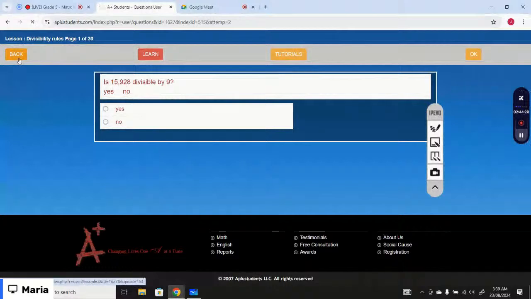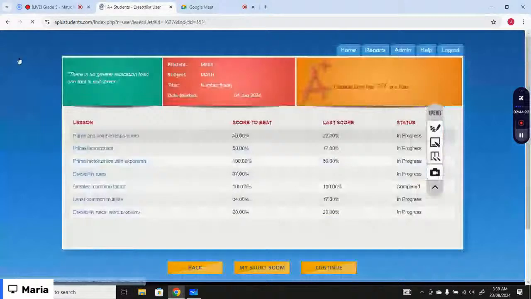So we were working on grade 5 math. The chapter we were working on is number theory, and the lessons we have covered today are prime and composite numbers, prime factorization, and prime factorization with exponents, right? So please make sure before the next